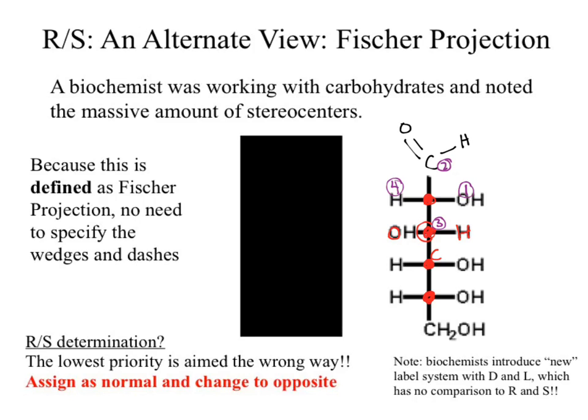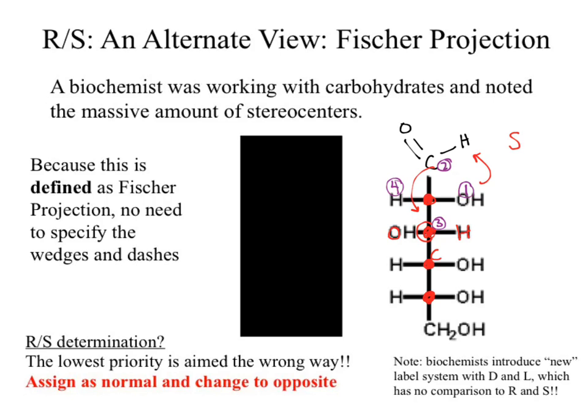Our next step in determining R and S, okay, so good. We heard 2 answers, and those are the 2 answers I wanted to hear. First answer I heard was start to connect 1 to 2 to 3. Okay, and we could look at which direction we're turning. Which direction are we turning? We'd be going counterclockwise. Counterclockwise means S. And we'd be wrong. And we'd be wrong because before you do your circles, you have to ensure you're looking at the molecule properly. The proper way to assign R and S,